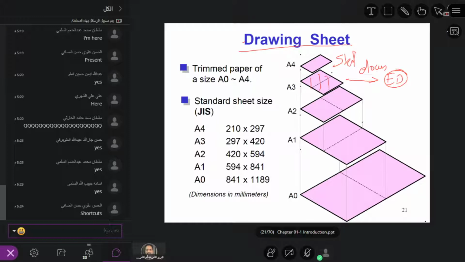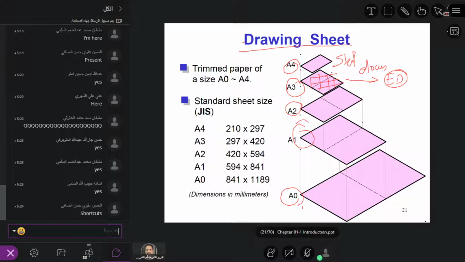I asked you to buy this because in most of your exams you must use this particular drawing sheet. A3, unless I ask you otherwise, most probably you'd use A3. And sometimes A4, if the drawing is a small one, you can use A4, but as a general practice we normally use A3. A2, A1 are also used, but not for you. This is for the industrial standard. In those days, in industry, we were using these big sheets. Okay, now